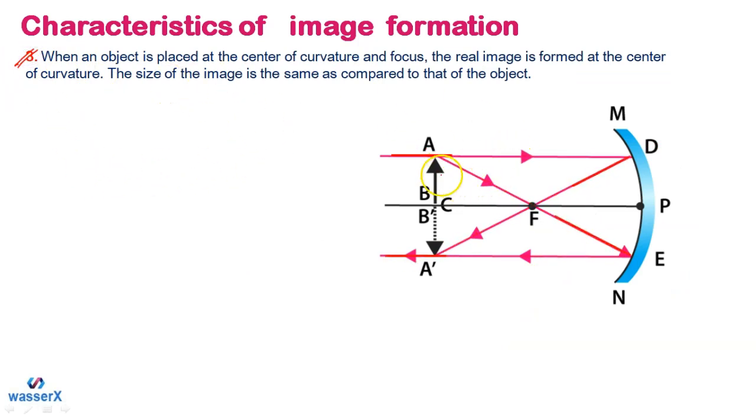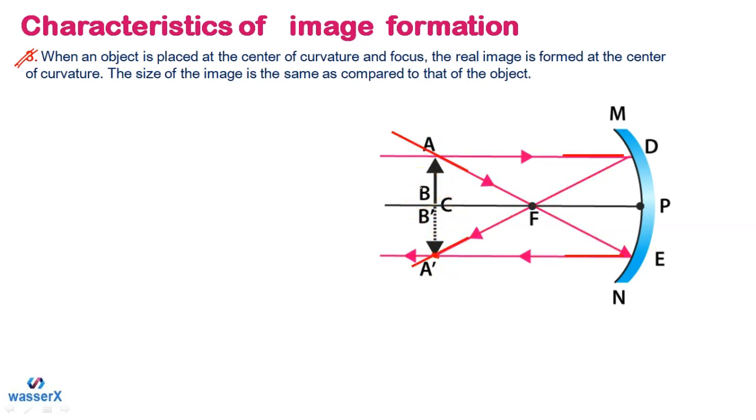Okay, so in this way, students, this is the third one we have. In this case what we have done here, we have taken the object now at the center, meaning to say on the center of curvature only, and at this time it is again following the same laws of reflection. One is parallel to the principal axis, which is coming back, passing through the focus. The other is going through the focus, which becomes parallel with the principal axis, as you can see here. By obeying this law, these rays are meeting at this point, this A dash, and in this way we are getting the image which is equal in size to AB, that's B dash A dash, equal in size, inverted and real. So this is the third case.